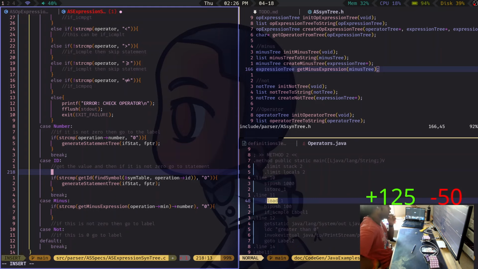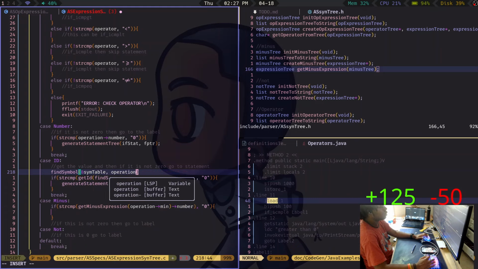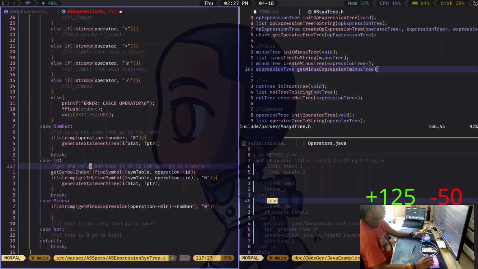Okay, so we can say, we find the symbol, same as before, and then we operation ID, we find the symbol, and then given the symbol, we can find get symbol index of that symbol. Oh wait, I need to put symbol table in here.